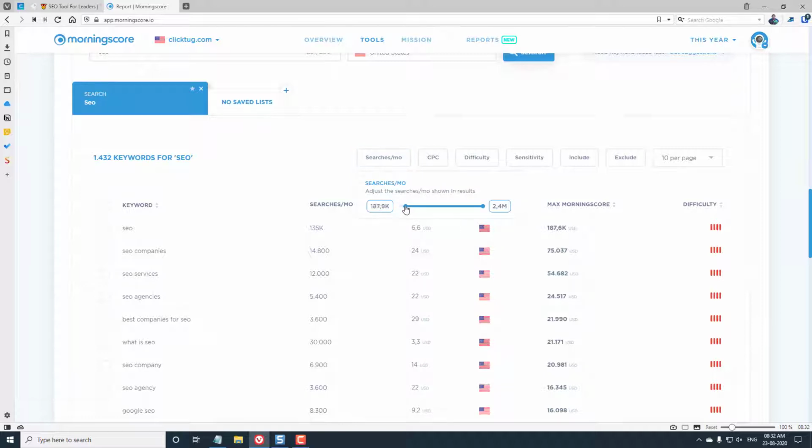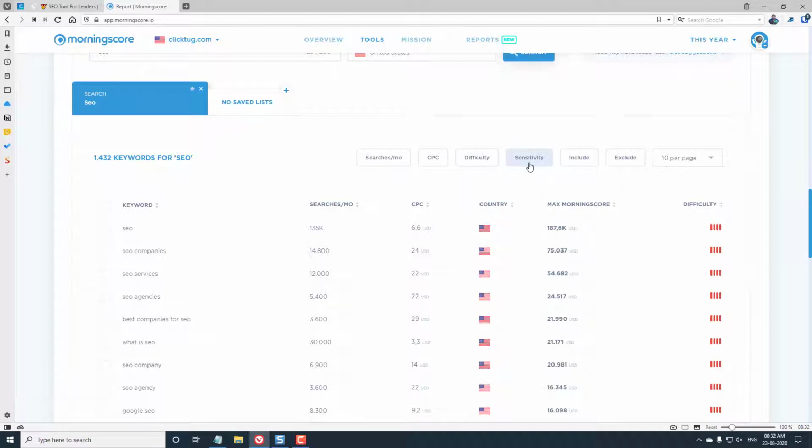For example, I don't want to see any searches below 6,000. I can turn it on and off. All these things are possible, and I can also directly put the value from here if I don't want it, so it shows only the keywords which are over 100 searches per month. CPC, we can control it. Difficulty, we don't want to focus on the high difficulty keyword, then we can reduce the